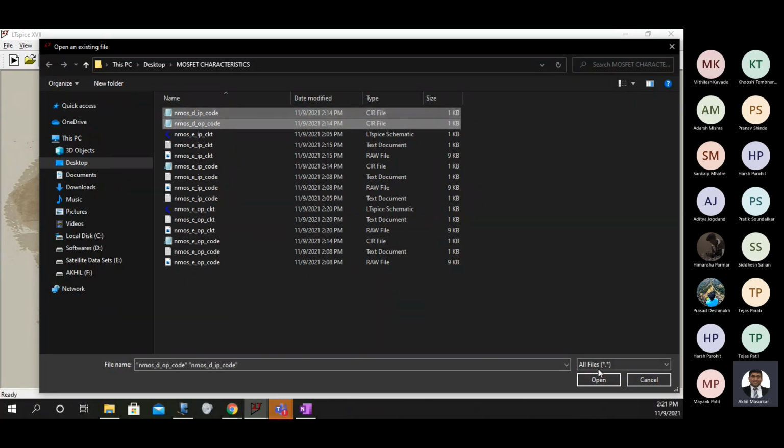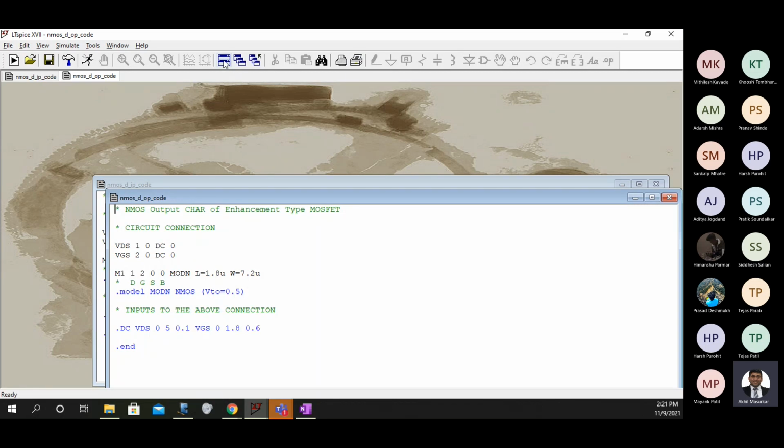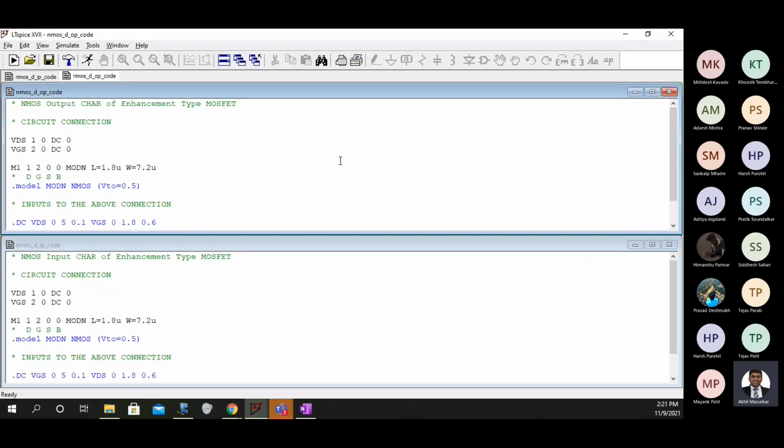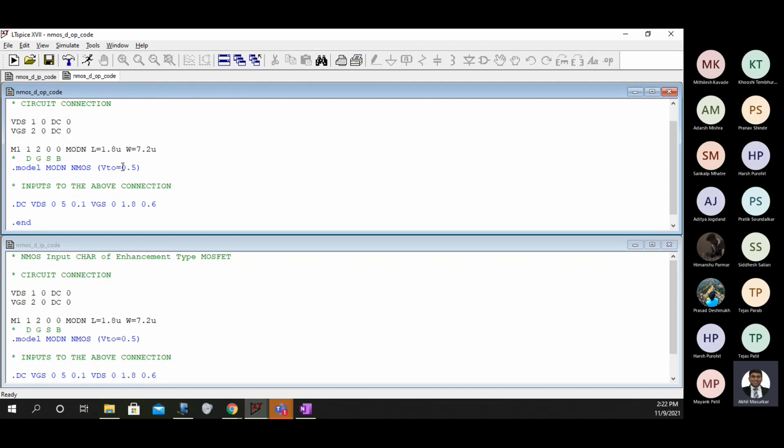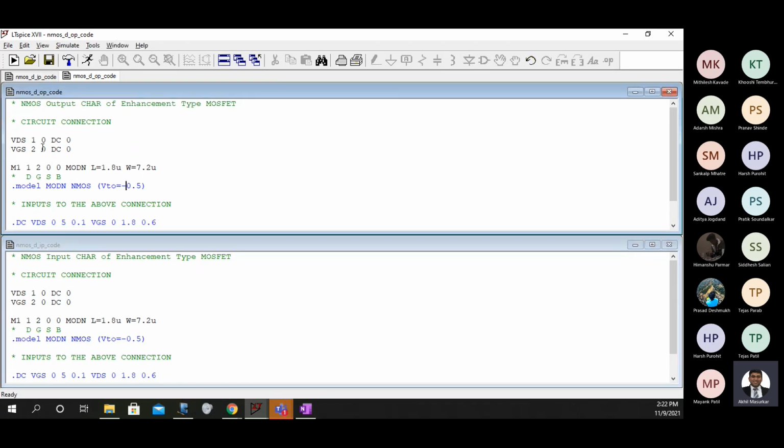Depletion type input output, and here the first thing that we have to do is make this VTO negative. Make the VTO negative. So that's the only change that you will do in both the codes.